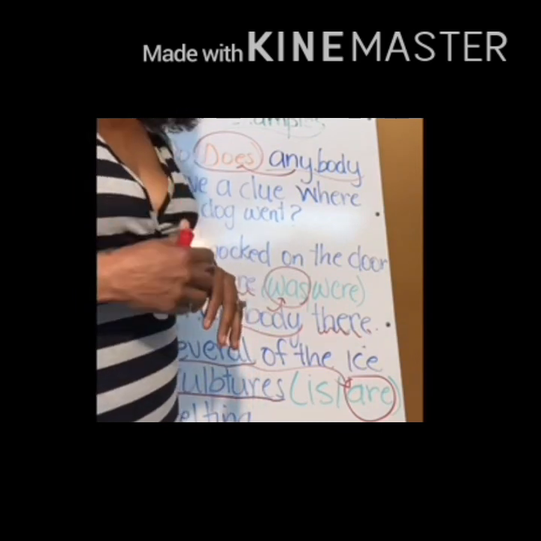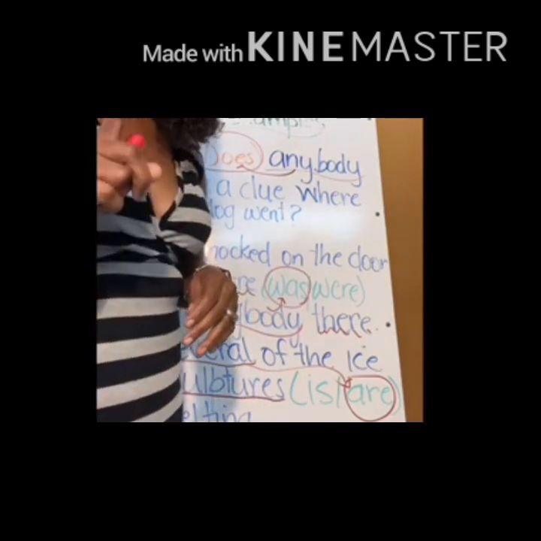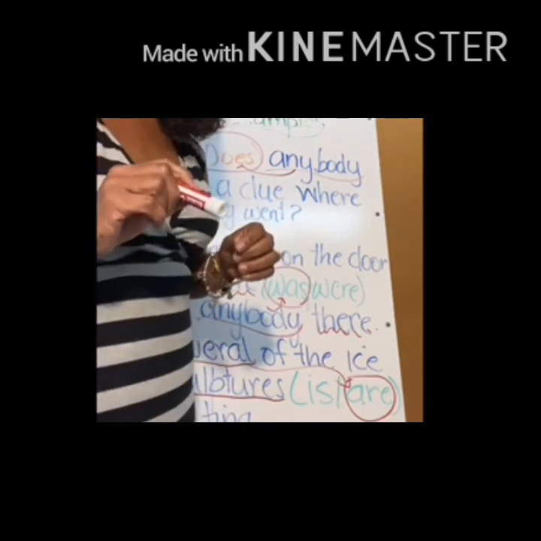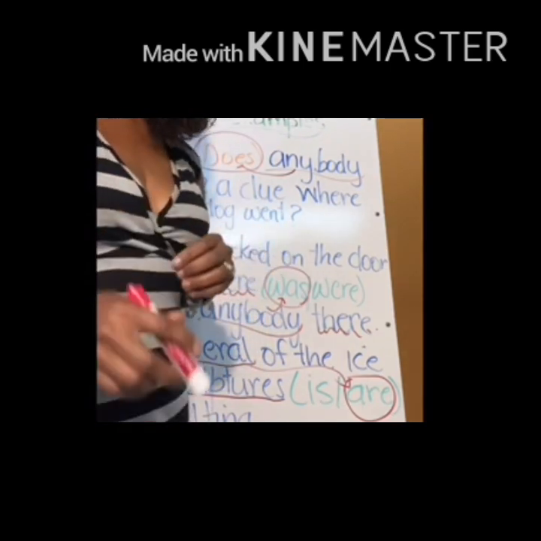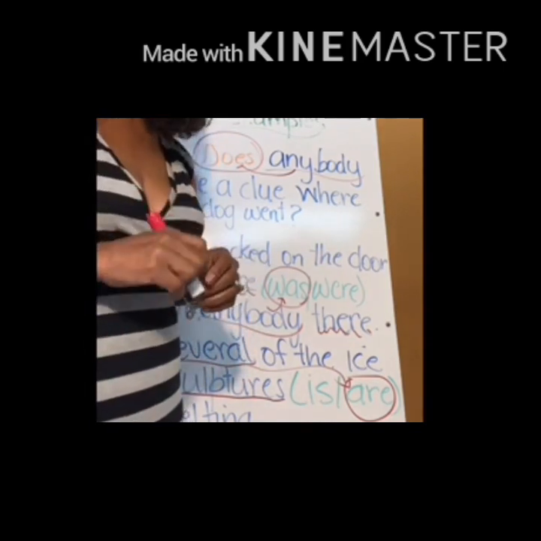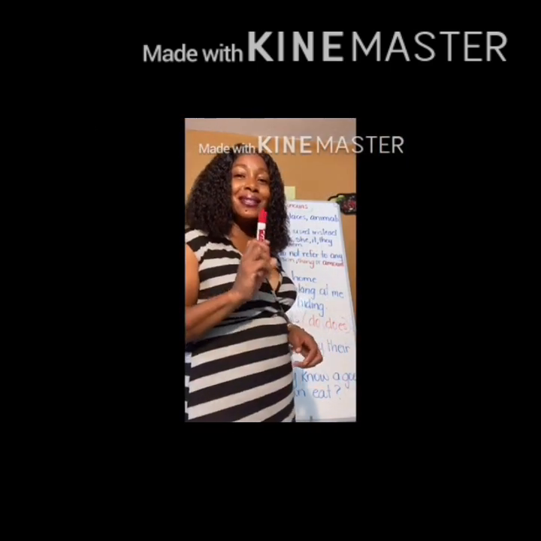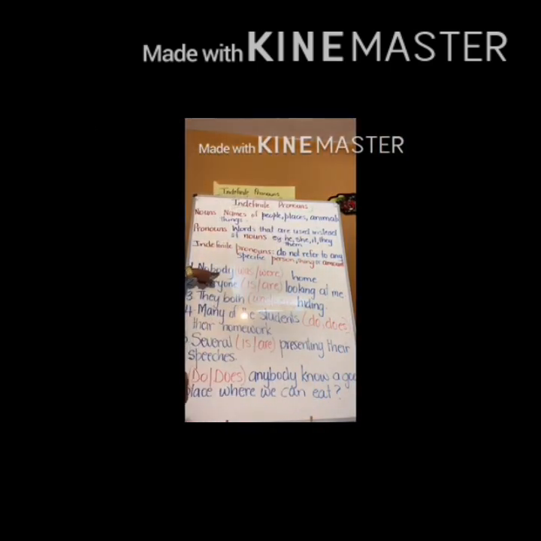Now, we are going to look at the ones that you are going to do on your own. So get your pencils, get your notebook if you don't already have them. I'm gonna show you the ones that you're going to do on your own. Okay, sentence number 1. Nobody was or were home. Look for your indefinite pronoun. Try to remember, is it singular, is it plural, and then choose the singular or the plural form of the